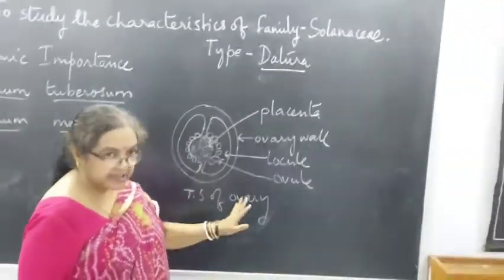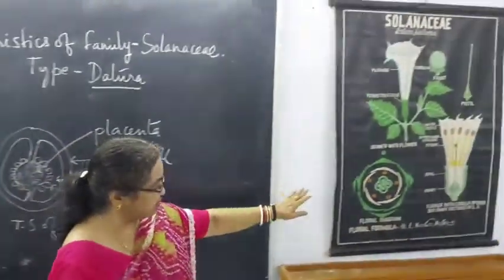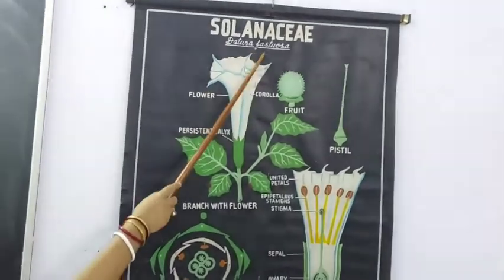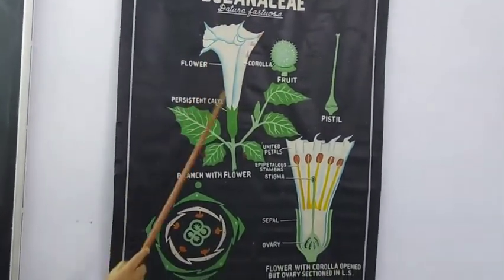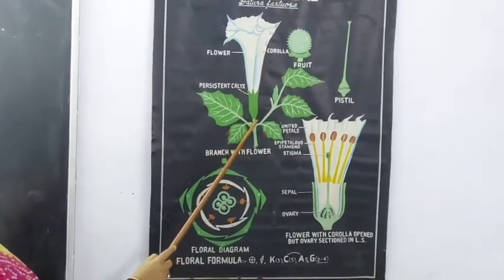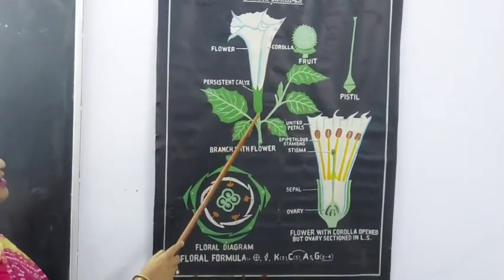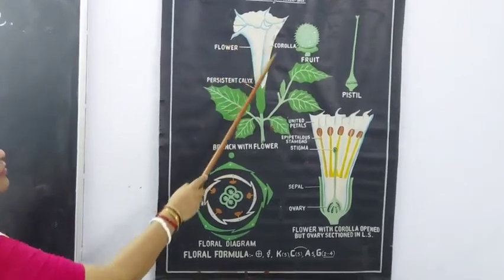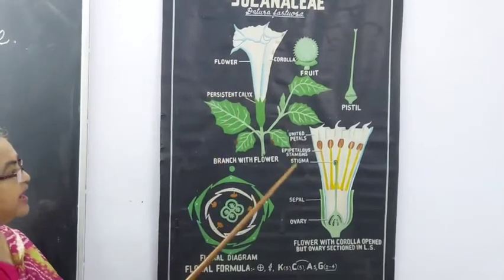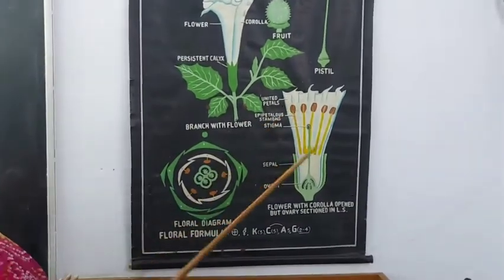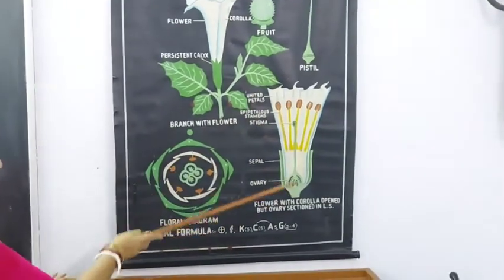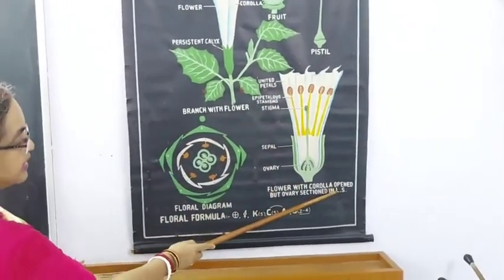Now we will also study the same with the help of the chart. We have the chart. In this also see, Datura stramonium is there. This is the complete flower. You can see that this is the calyx. All the sepals, they are joined. This is the corolla. There also all the petals are joined. And then you can see that as I have shown there, you also have to open the flower like this and draw. This is the longitudinal section, you can see.